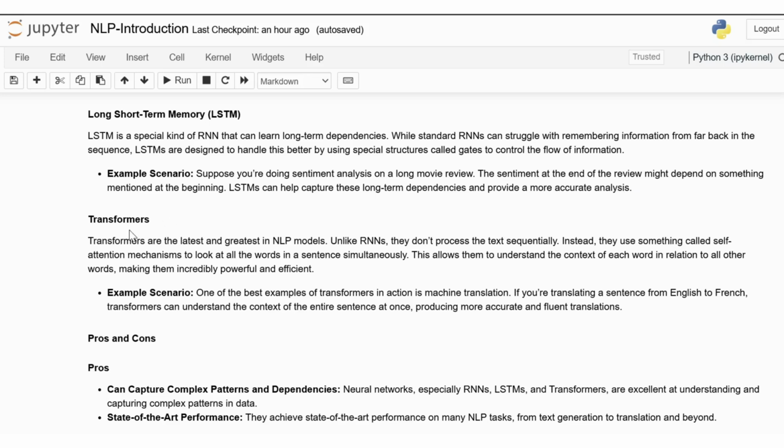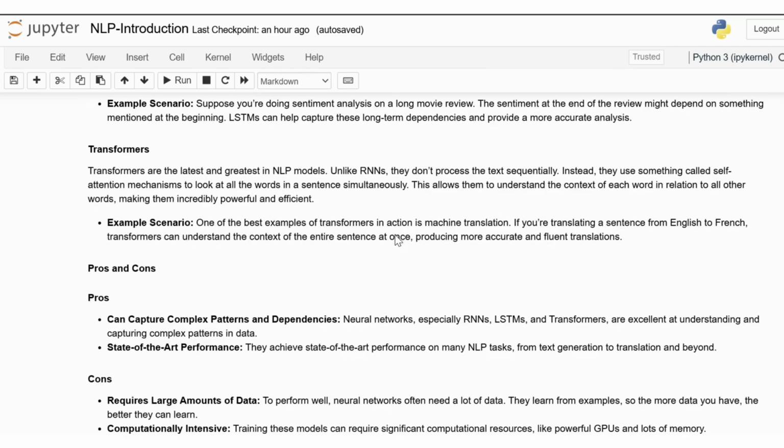And the next one is transformers. The transformers are the latest and greatest in NLP models. Unlike RNNs, they don't process the text sequentially. Instead, they use something called self-attention mechanisms to look at all the words in a sentence simultaneously. This allows them to understand the context of each word in relation to all other words, making them incredibly powerful